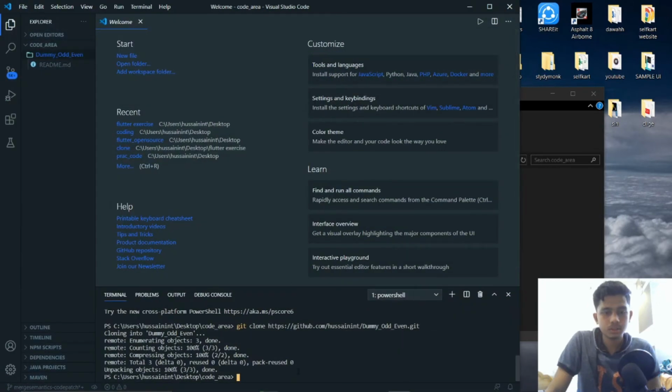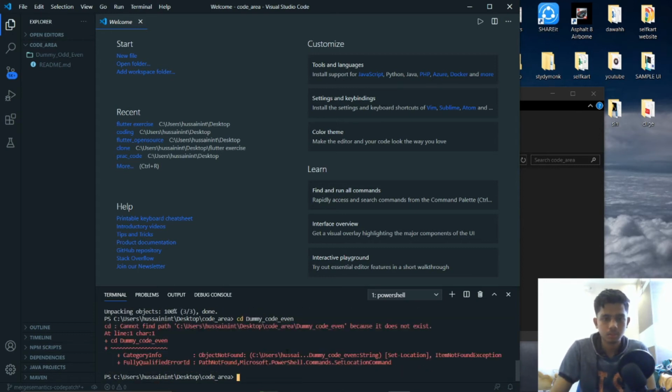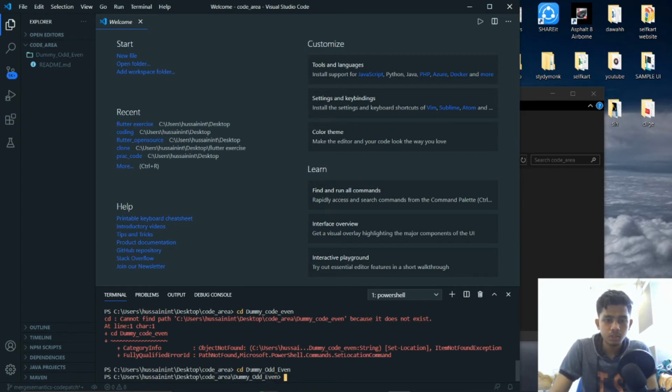So what we'll do is we will go into that folder now. We'll just type cd dummy odd even. Oops, what happened? Dummy odd even. Oh, my bad. So we are in that folder now.